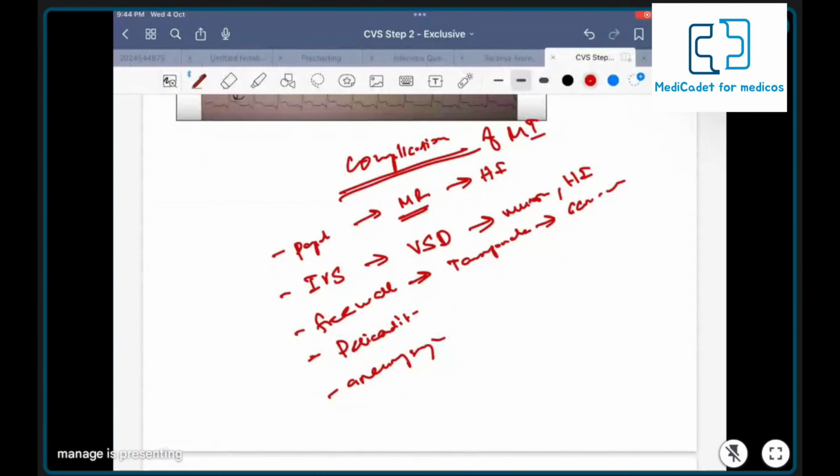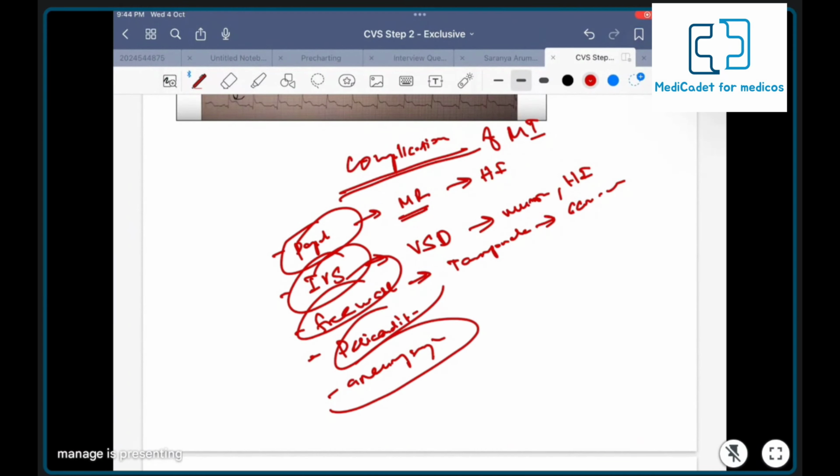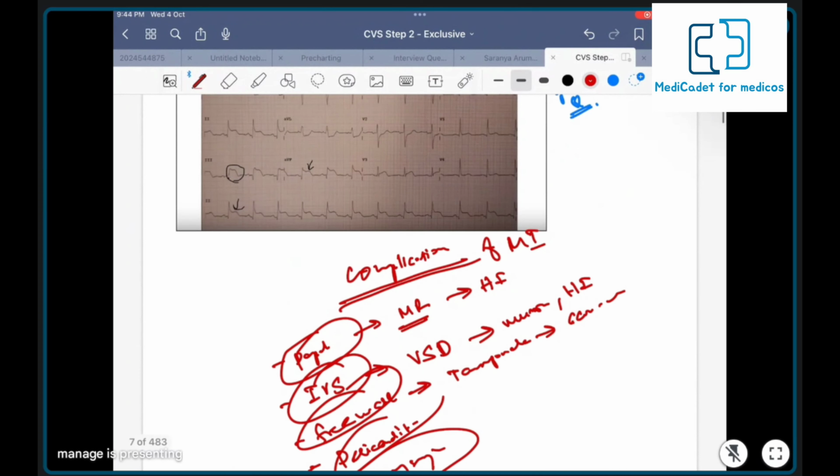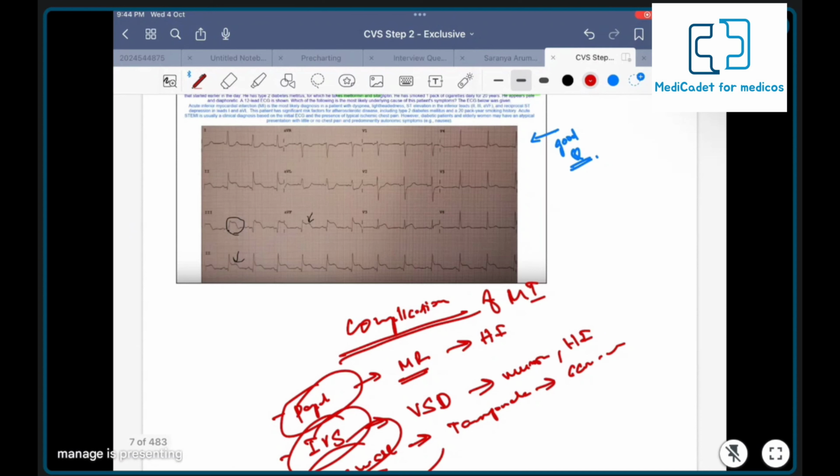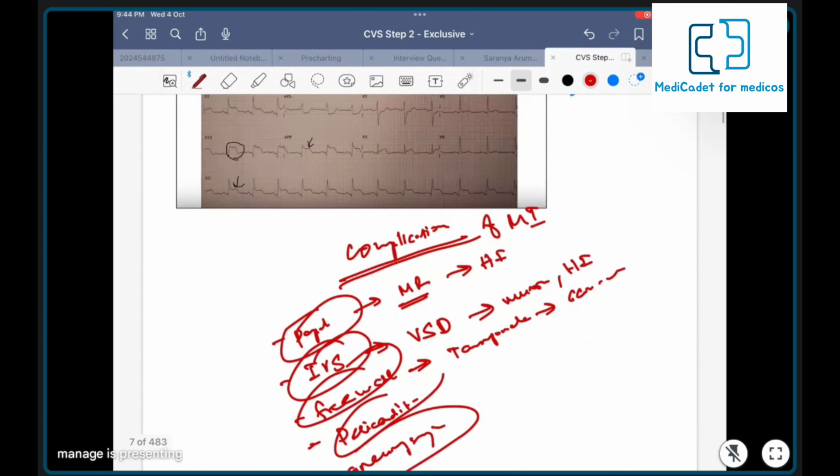Okay, so all these ruptures will happen, and you can get pericarditis, and you can get aneurysm. The thing is, they might mention one of these things, like the inferior leads are affected, and then they will mention one of these complications. The important thing about these complications is that everything will have the same murmur, like papillary muscle rupture, MR,